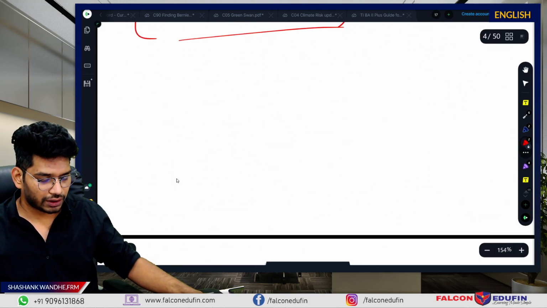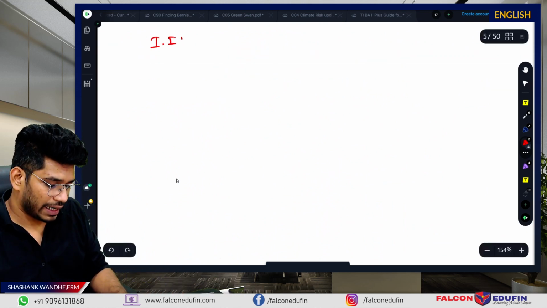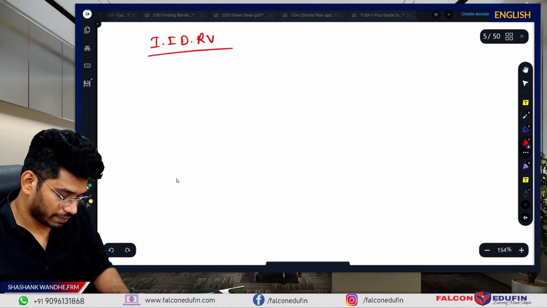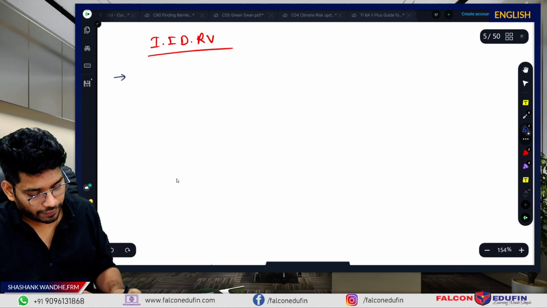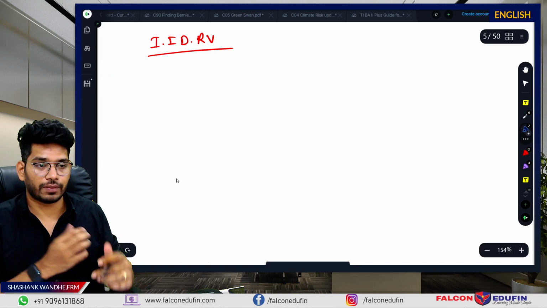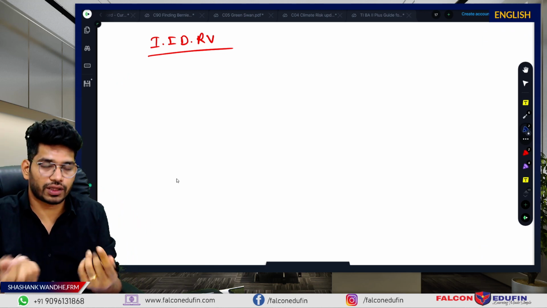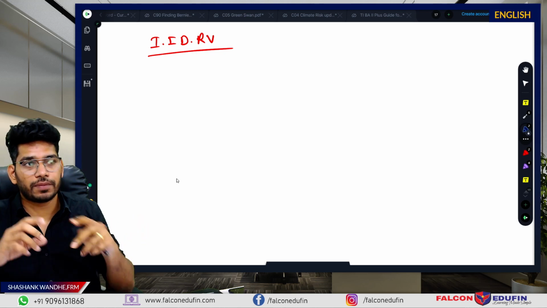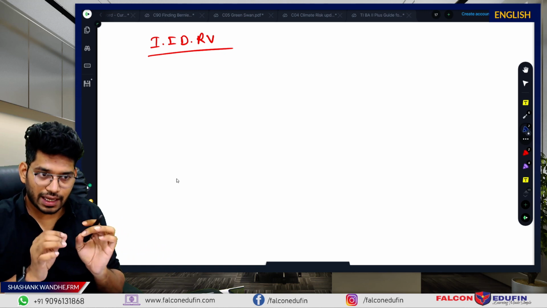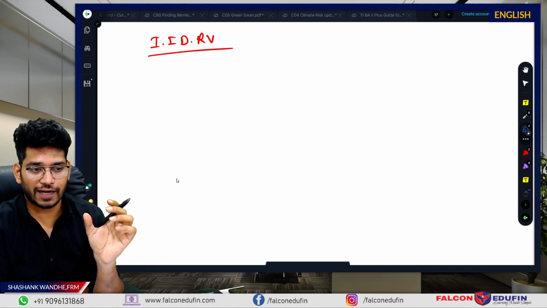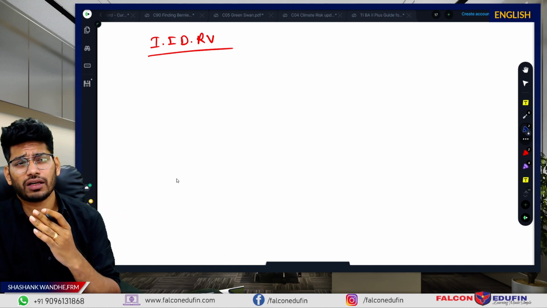Then we have a discussion which relates to independent and identically distributed random variables. Again, a repeated discussion. So what are independent and identically distributed random variables? Independent means there is no relationship between each other, and identically distributed means their distribution is the same. Fine. So for our analysis, this is our concern. We need these random variables to be independent and identically distributed, IID. You will use this IID assumption in many places.